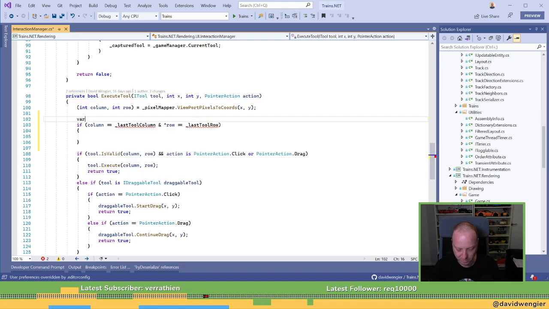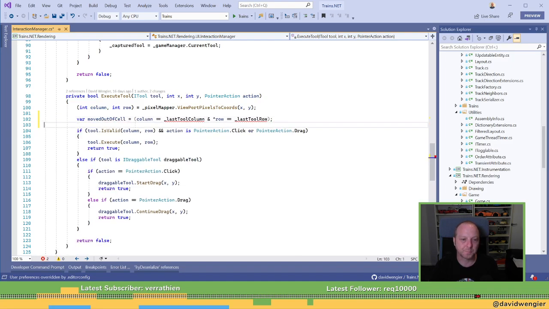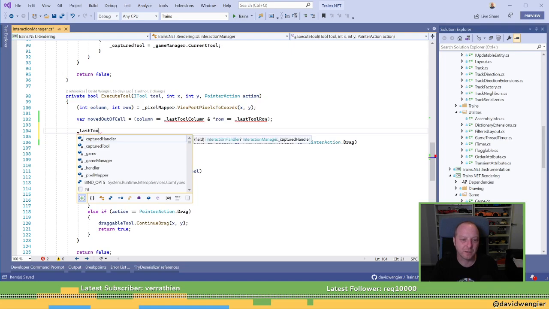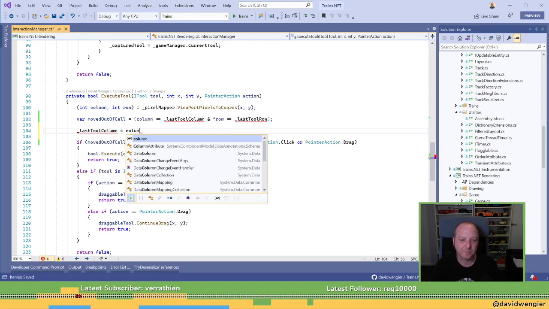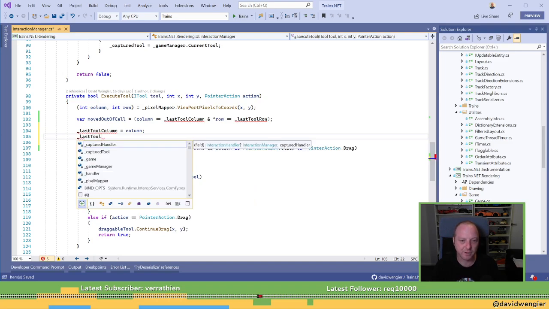No, we're going to go moved out of cell. Yep. Into that. And so only if we've moved out of the cell. Now the question is, do we set this only for execute or do we set it all the time? I feel like there's no harm in setting it all the time, because we're only checking for tools and only for execute.